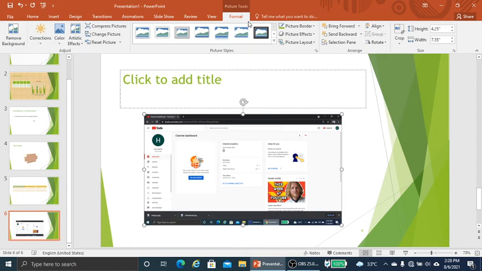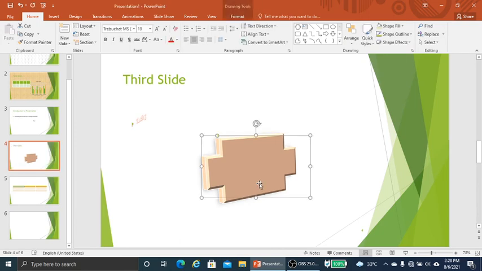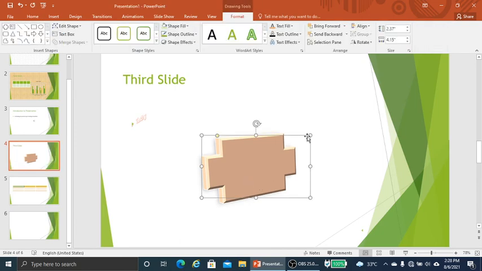Here the Group option is there, but actually this is an image. Basically, grouping is done on objects, any objects. You can see here this is an object. Basically, in clipart we can do the grouping.